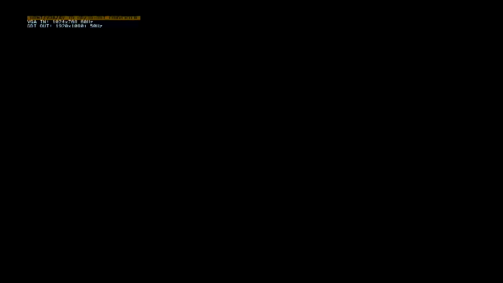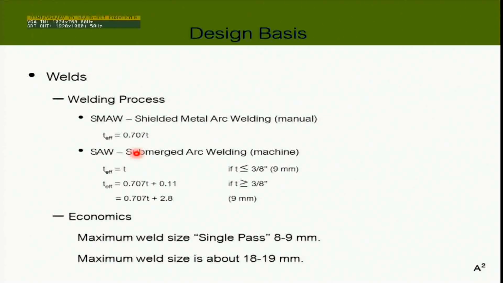Anyway, that's it. That's why when you calculate the effective thickness, it's always this. Always. Okay? Now let's move on to